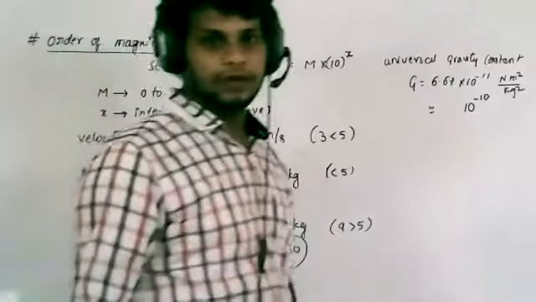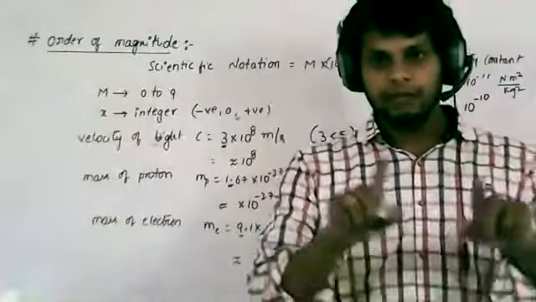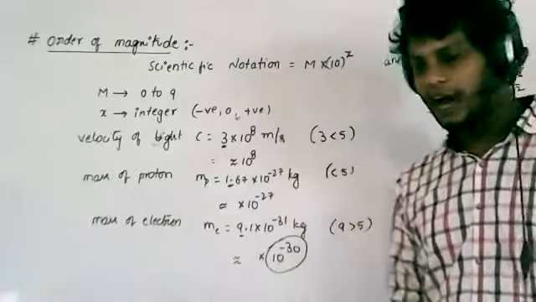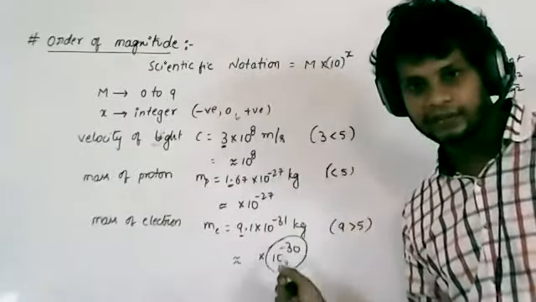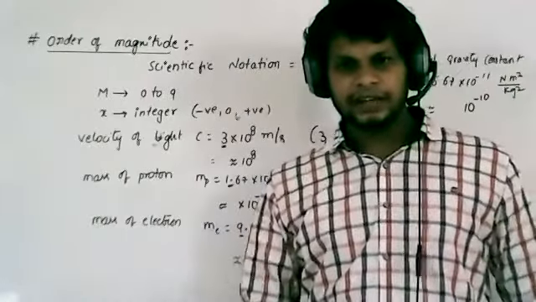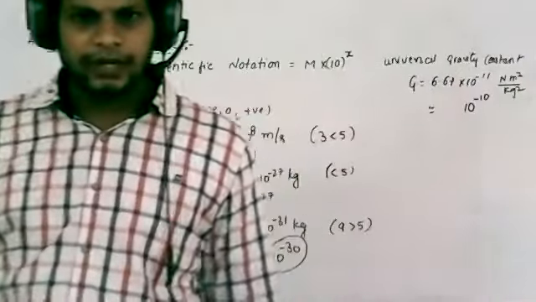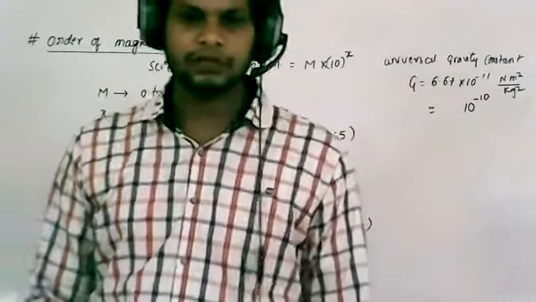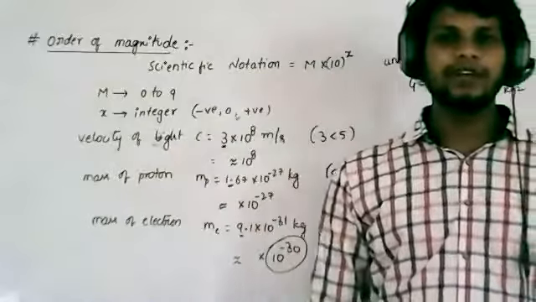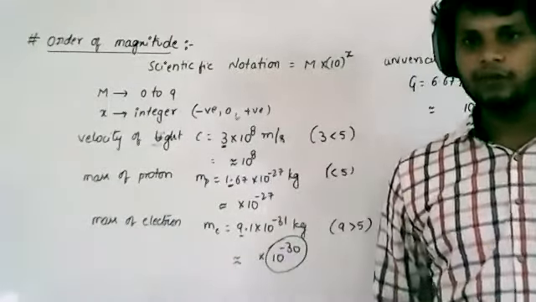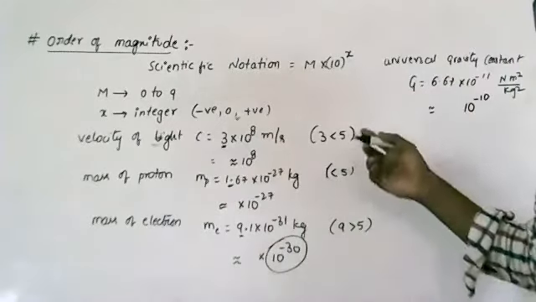Okay, you just observe, open your NCERT book, there will be some tables. In the tables, you observe the mass ranges. In those mass ranges, they have given the electron weight as 10 to the power of minus 30. Yeah, sir, we have not got the books. NCERT books should be with you, right? Or else you can download the NCERT book from the internet.